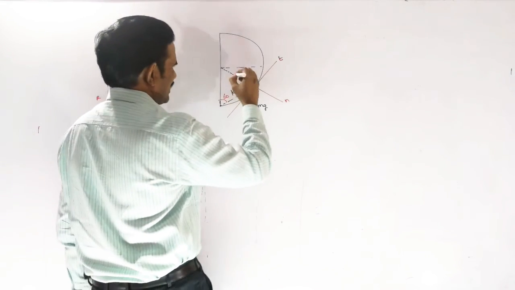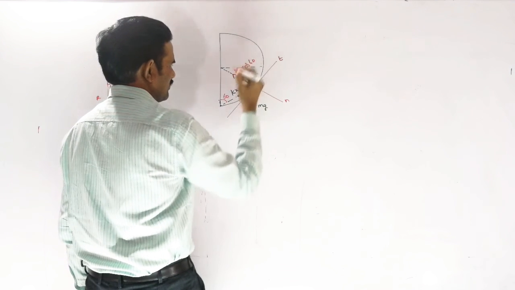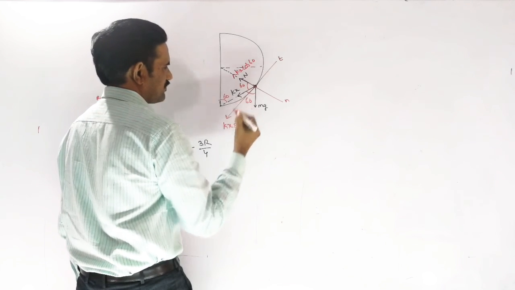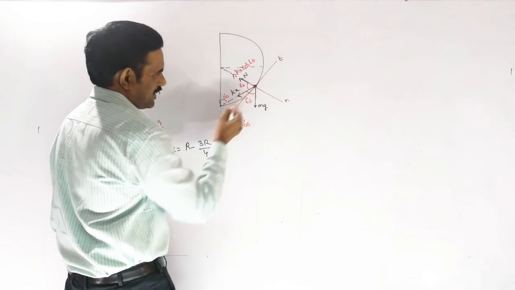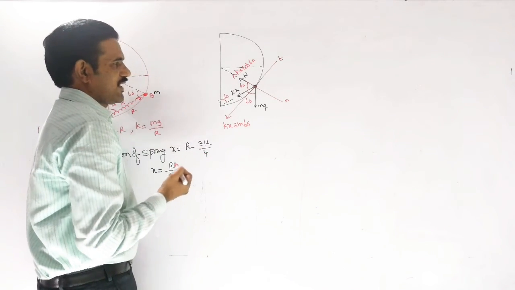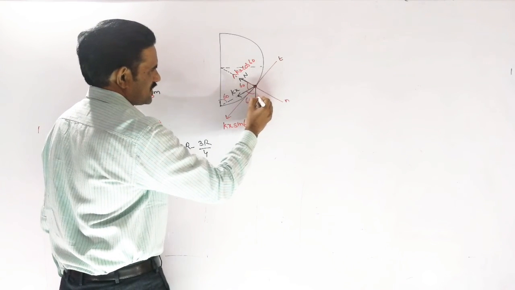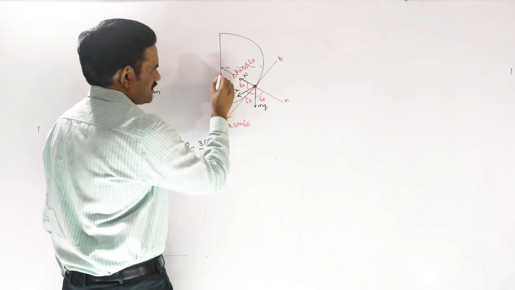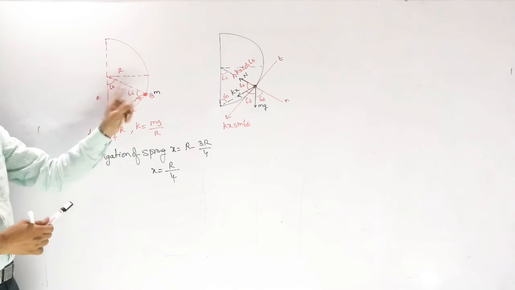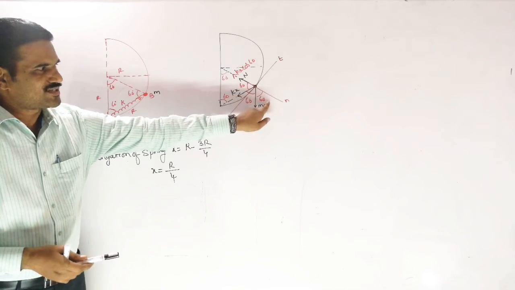And now kx cos 60 along this direction, and kx sin 60 along this direction, right? And for mg, you can identify this angle here. So this angle is 60 degrees, so this angle is also 60 degrees here. We already mentioned this makes an angle of 60 degrees. If this angle is 60, this is vertical and this is the radial direction, so this angle is also 60.